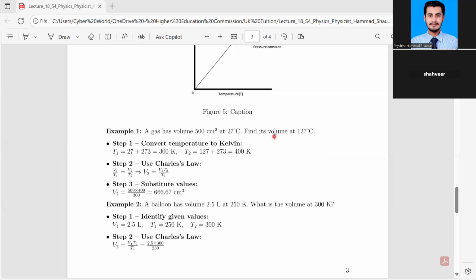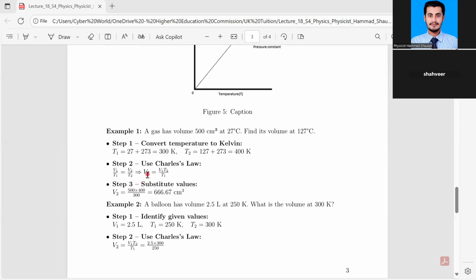So in this problem, we will only see the expressions of volume and temperature. So can you tell me whose law explains the relationship between volume and temperature? Either Boyle's law or Charles's law? Yes, Charles's law. So what formula do we have to use? Boyle's law formula or Charles's law? And what's the formula for Charles's law? Can you tell me? Yes, V1 divided by T1 equals V2 divided by T2.